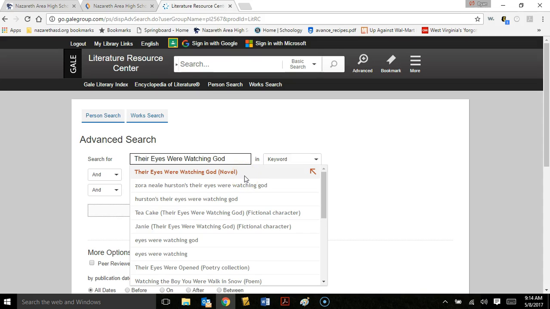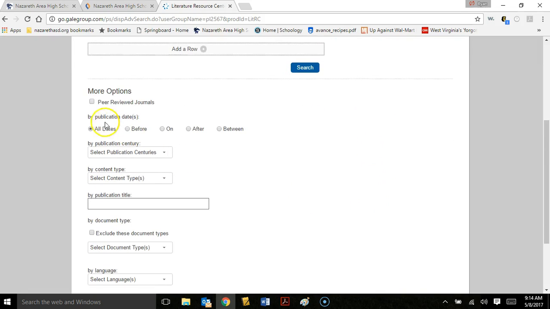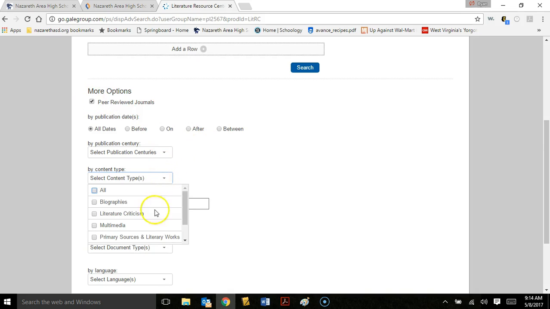Strauss has found that this sometimes yields worse results, so just leave what you type in. Don't let the autofill correct it for you here. And then you want to click on this box here that says keyword and change it to name of work. So that's only going to find stuff about this specific novel. Then under more options, you want to make sure you click peer-reviewed journals, and by content type you want to